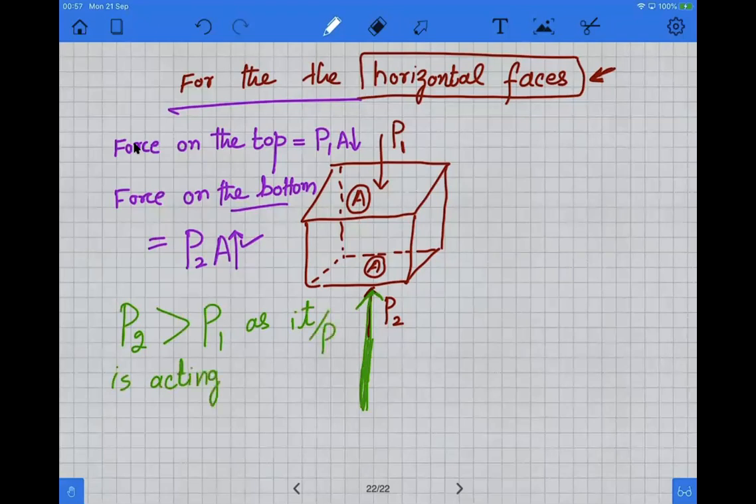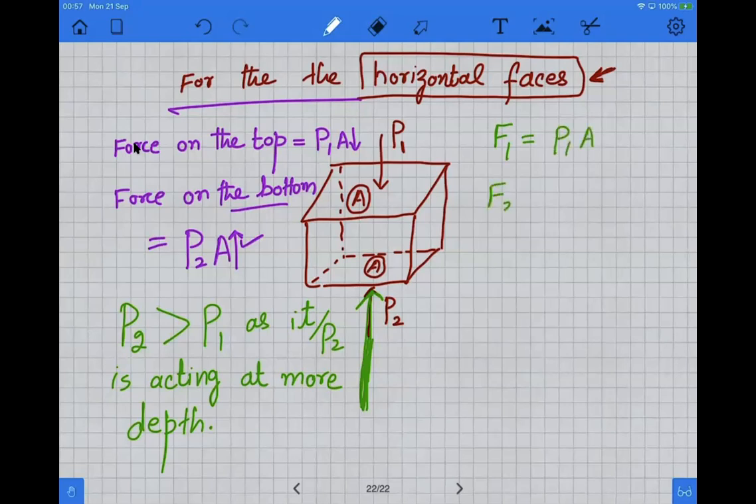Here is P2, as it is acting at more depth. So the pressure that is acting at more depth will be greater, and the pressure that is acting at less depth will be less. Now you see, if we call F1 the force that is acting at the top, it is P1 into A, then F2 is a force that would be equal to P2 times A,